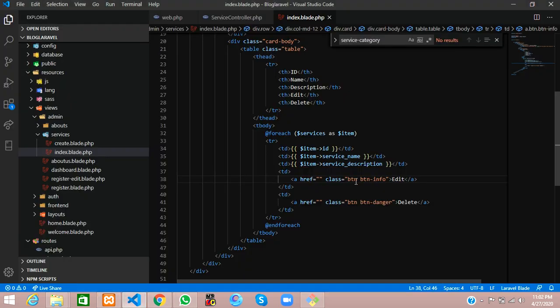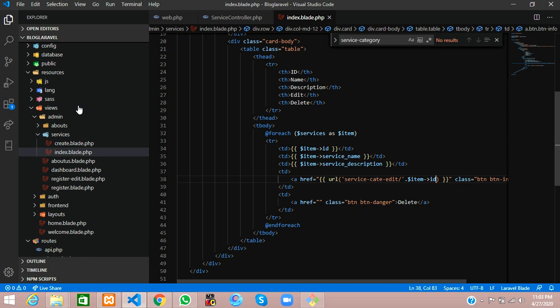So we have to open this curly brace and tell URL where you are going to set service category edit /, and then after the single quote, give a dot and call the item ID, which is already looped in the foreach loop, so we can loop that ID also here.